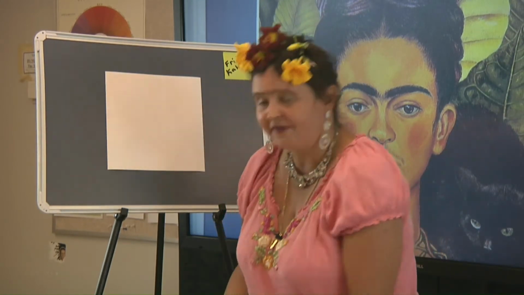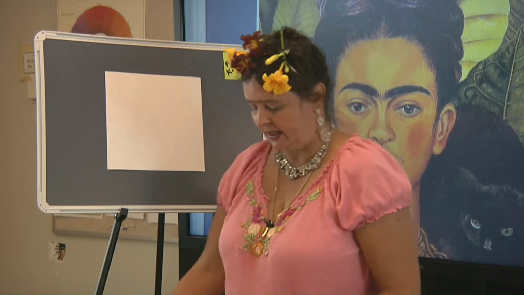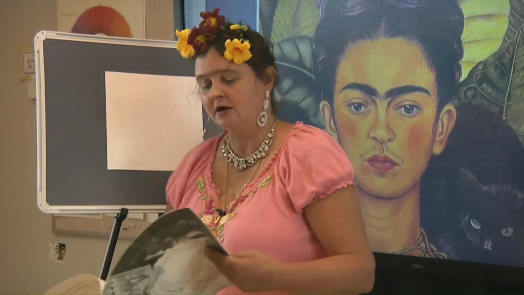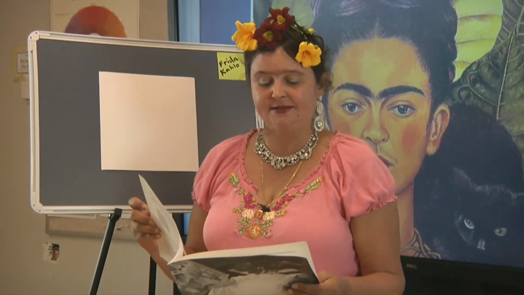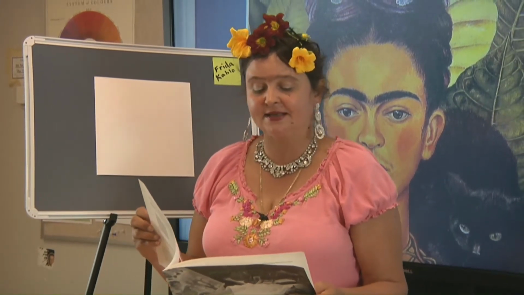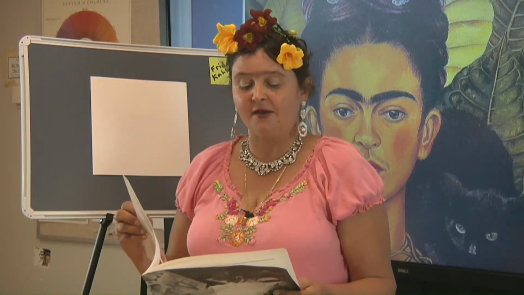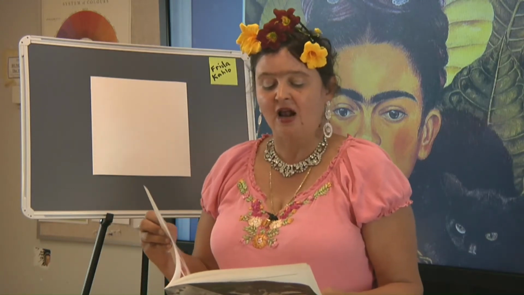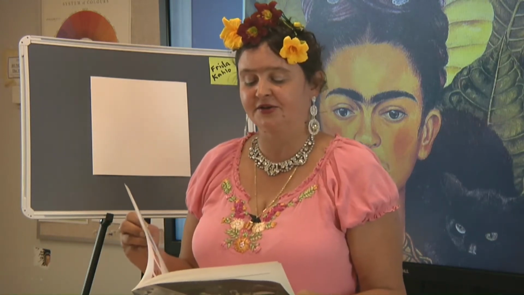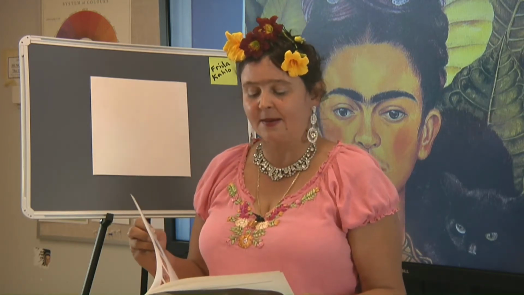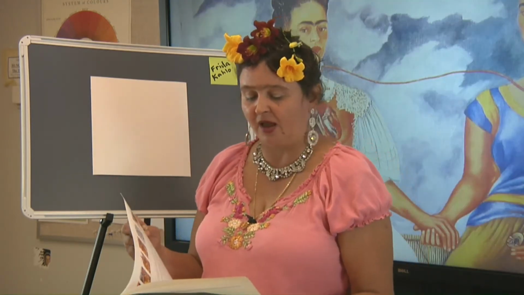So for the first part of this section on painting, I'm going to talk about Mexicanism. Mexicanism is a name made up by Frida Kahlo's husband, Diego Rivera, and other Mexican artists to describe the style of their paintings. They were proud of their Mexican history and culture and showed it in their work. It was important to them to separate and distinguish their art from others.